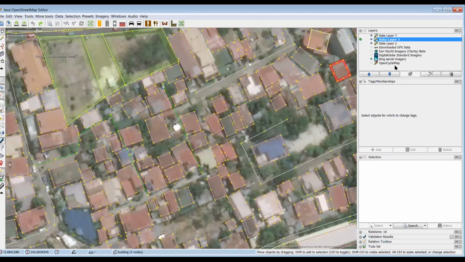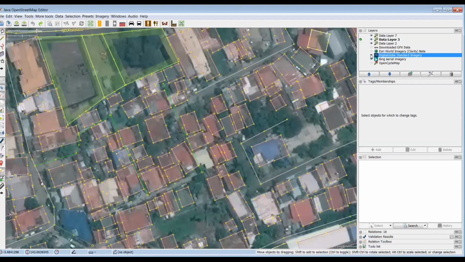And so when I now switch to DigitalGlobe, you can easily see when looking at those buildings that they are offset. Well, the offset is not that dramatic in here. Looking at my scale on the top left, it's maybe 3 or 4 meters. When we talk about imagery alignment, this can mean a couple of things. It can mean synchronizing one imagery layer with the data layer, but it can also mean